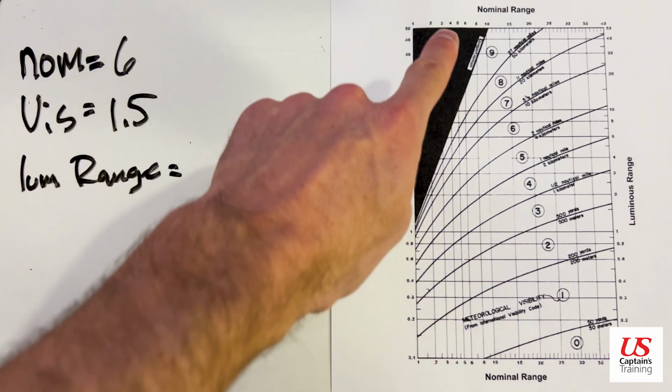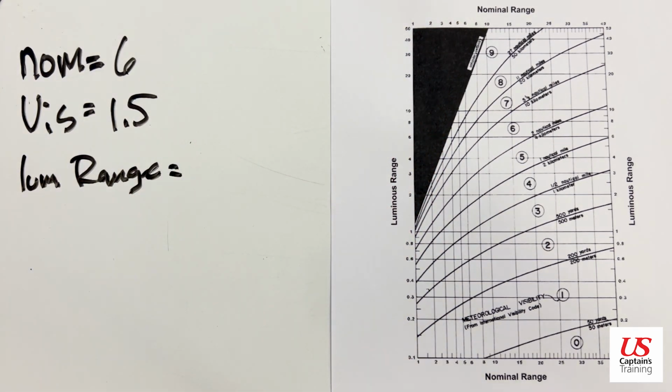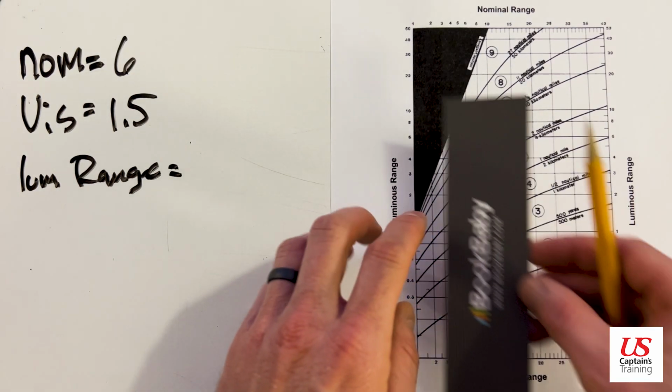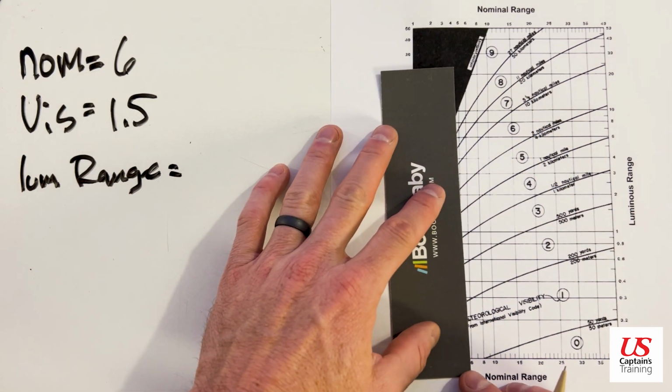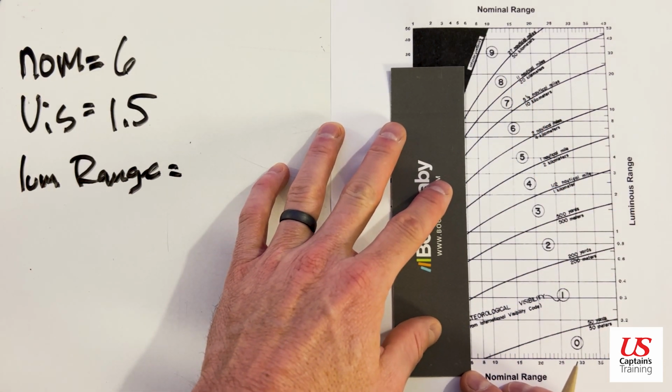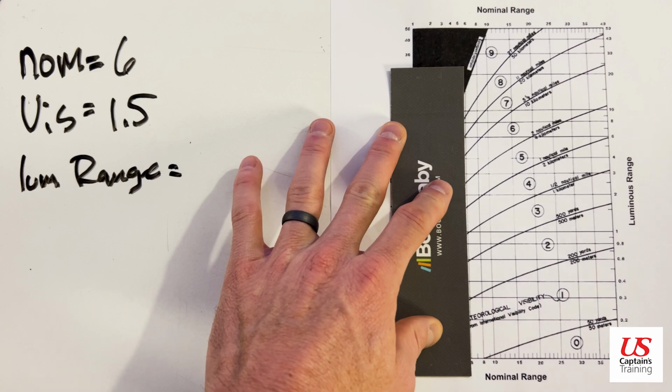on the bottom and top. Both say nominal range. So we line up 6. There's 2, 3, 4, 5, 6, and it's got a line. I like to use a straight edge. So we line 6, and then it says